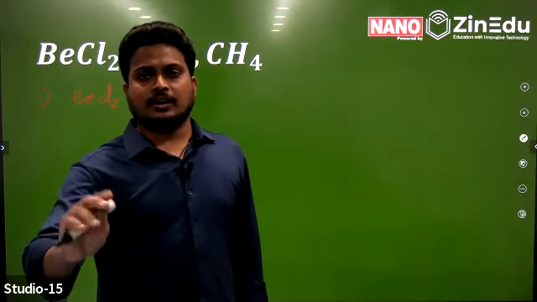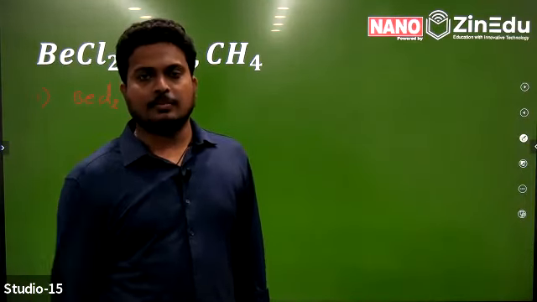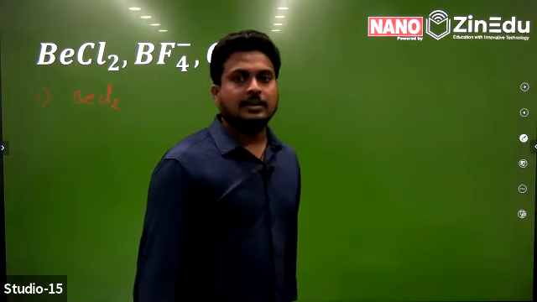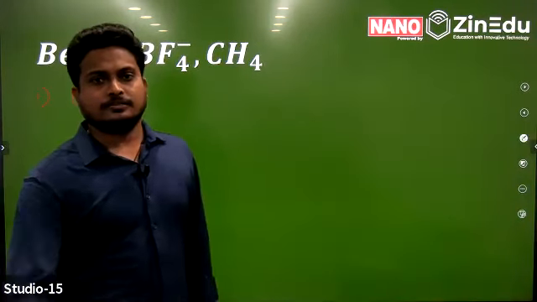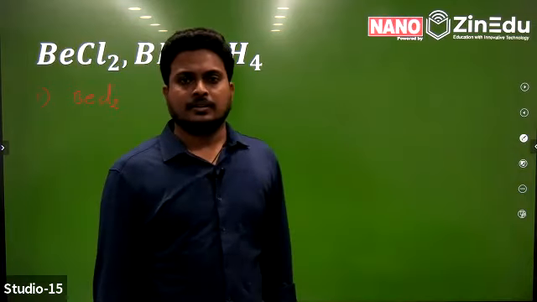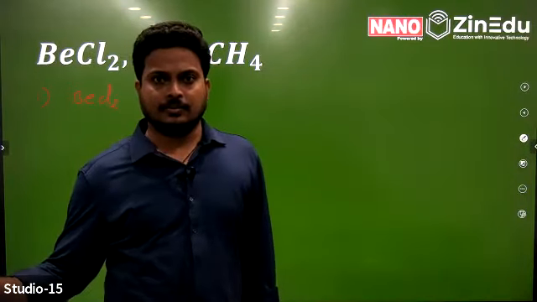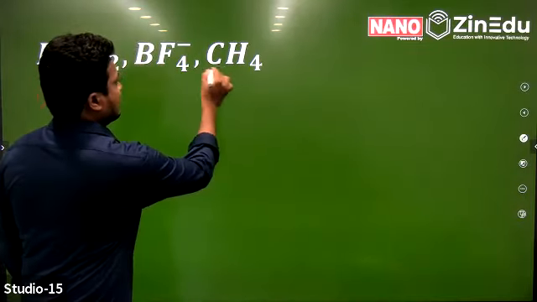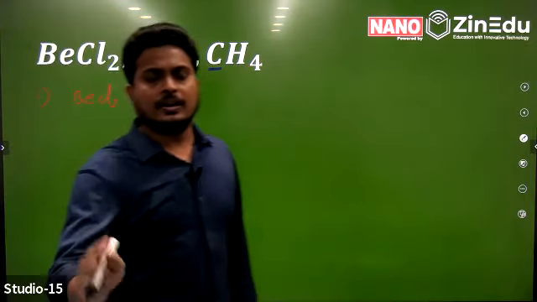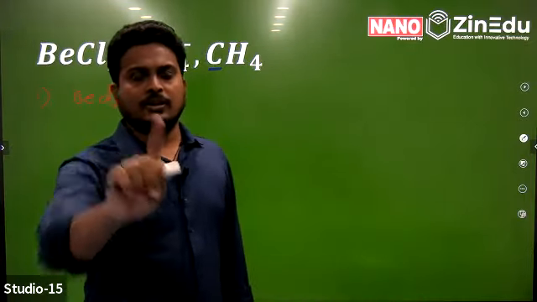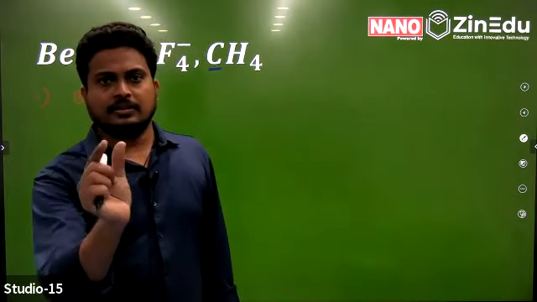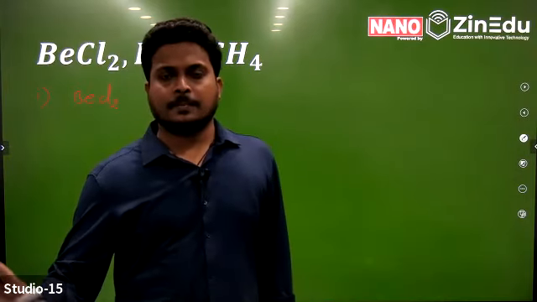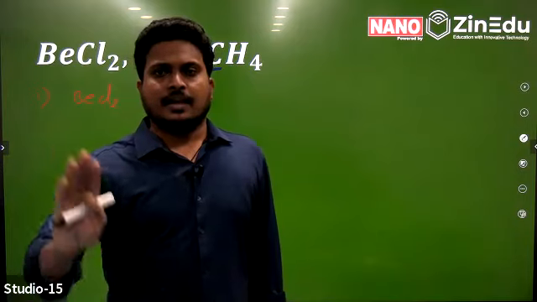The least electronegative atom always acts as the central atom. Remember this point: the least electronegative atom always acts as the central atom, except hydrogen. If the given molecule has hydrogen, hydrogen never acts as the central atom. For example, take CH4. In CH4, carbon acts as the central atom, not hydrogen. Hydrogen does not have more orbitals. It has only one electron, only one orbital, the s orbital, right? Due to this reason, hydrogen never acts as the central atom. Always the least electronegative atom acts as the central atom.